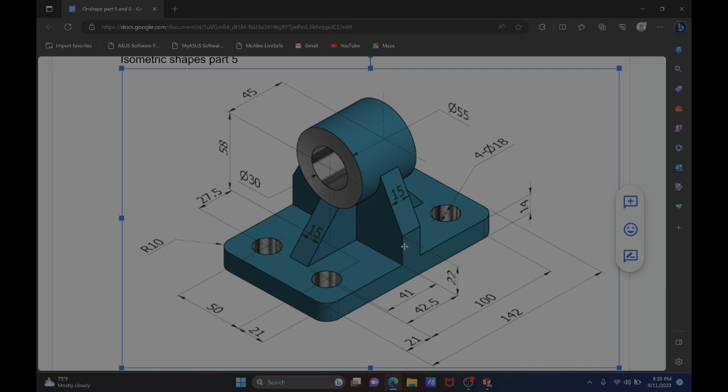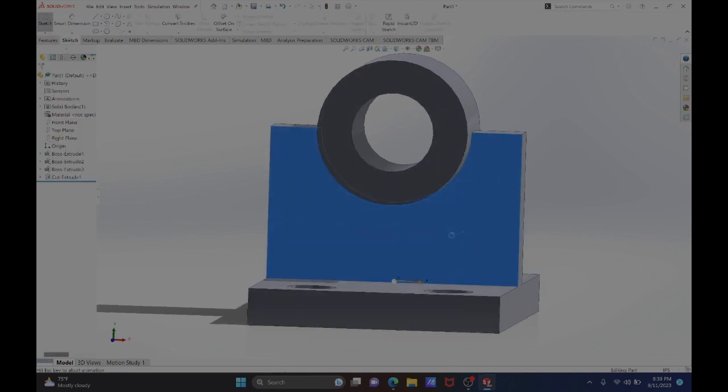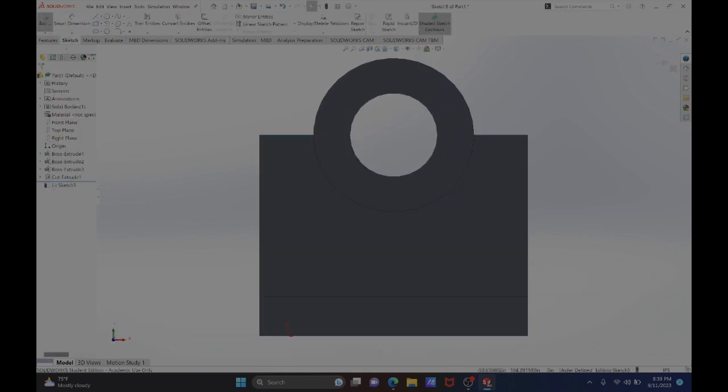is that I'm going to make the shape of a triangle, taking into account that the distance from this bottom to that right there is going to be 22. Okay, so let's go ahead and do that. So I'm gonna go to sketch, select this, grab the line. Okay, now you want to make sure that you don't get that yellow dots. You want to get the orange one. So I'm gonna go from there